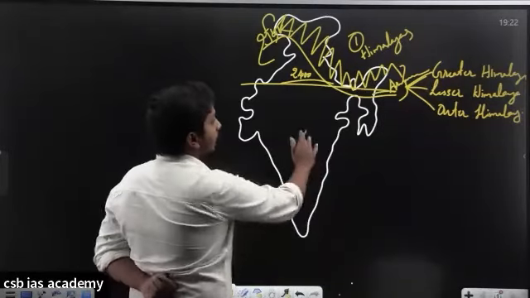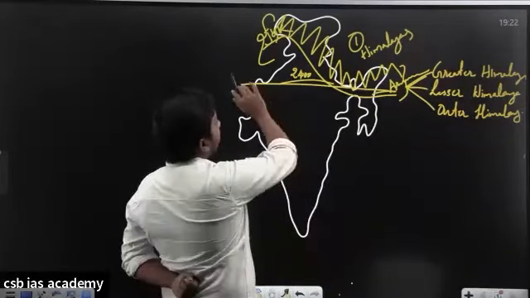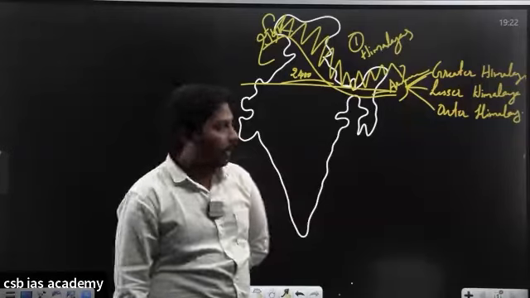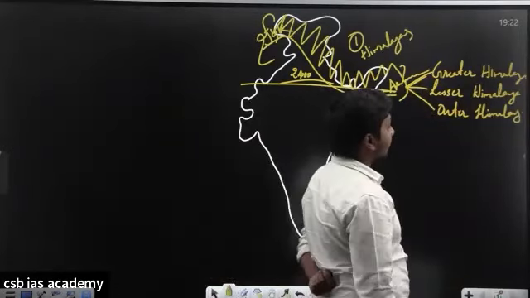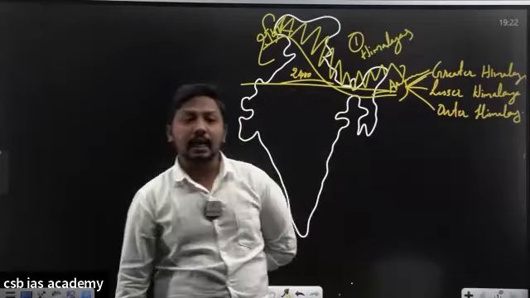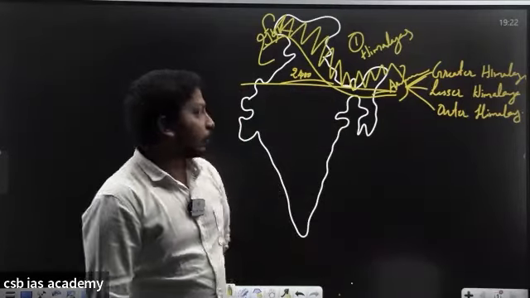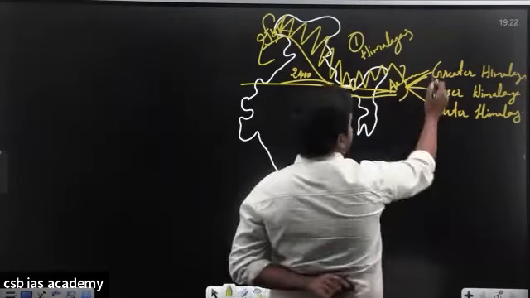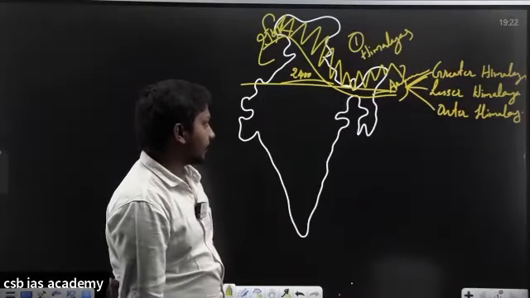So these Himalayas are located in the northern part of the country and they are extending in the west to east direction. They are wider in the western part and less wide in the eastern part. Right? These Himalayas have been divided into three major divisions: Greater Himalayas, Lesser Himalayas, and Outer Himalayas. Highest peaks are located in the Greater Himalayas like Mount Everest, Kanchenjunga, Nanga Parbat, Nanda Devi, etc.